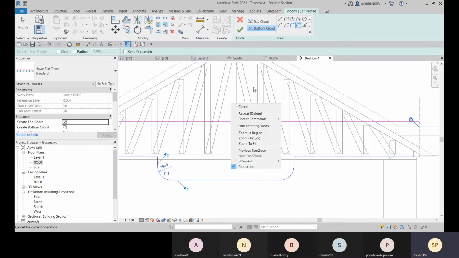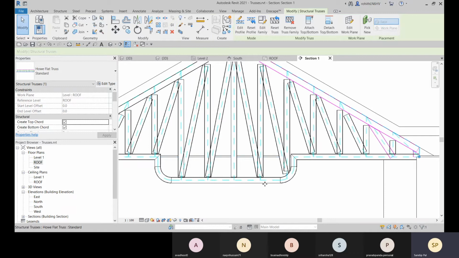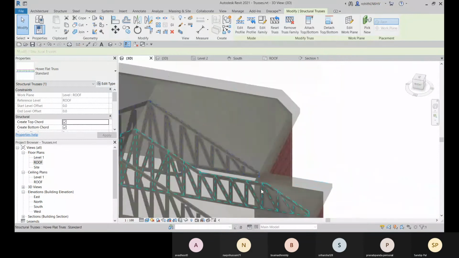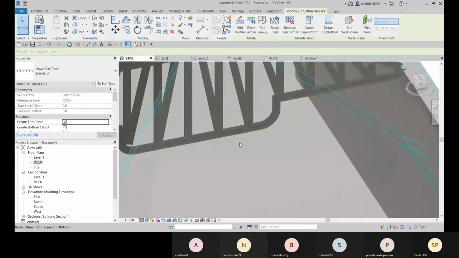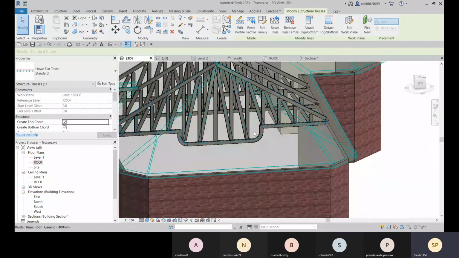Okay, and then it is created. Now let me go with this finish, and now it is done. You will see that this is the option which I have created. You can check in 3D. Right. So you can change the truss profile as well.